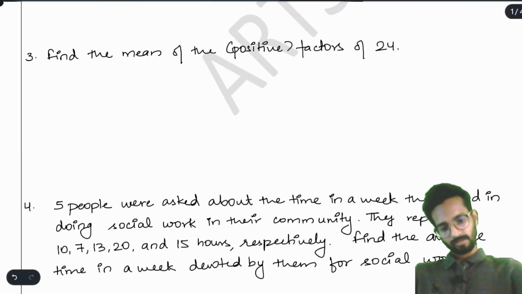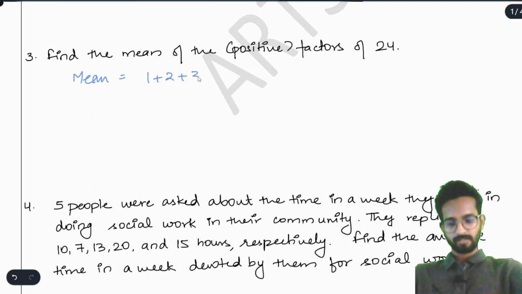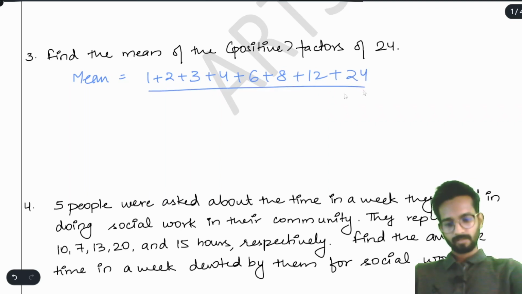Simple enough. Now, solving question number 3, find the mean of the positive factors of 24. What are the factors of 24? See, 1 is a factor, 2 is also a factor, 3 is a factor, 4 is a factor, not 5, 6 is a factor, 8 is the factor, 12 is the factor and 24 is also the factor. Divided by 8 numbers. You can write here